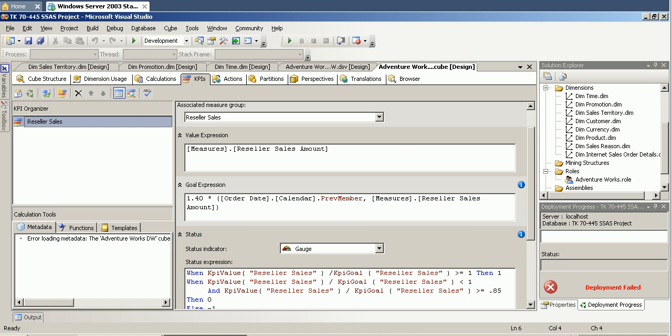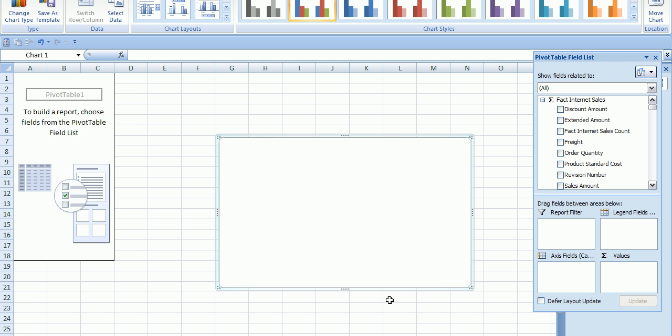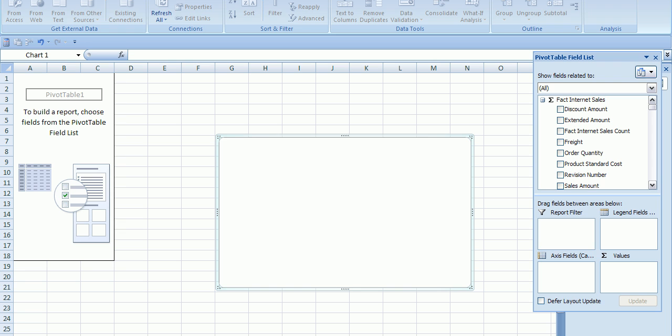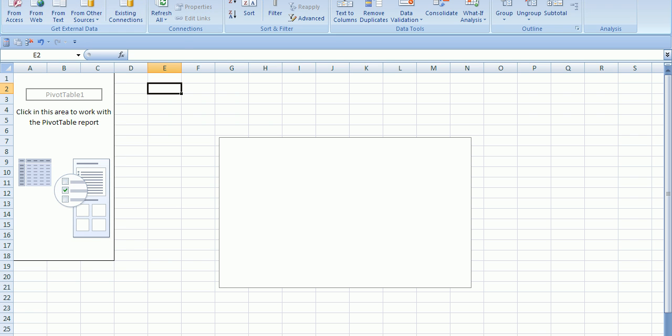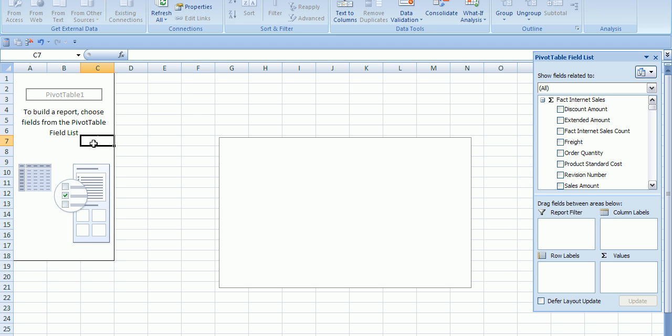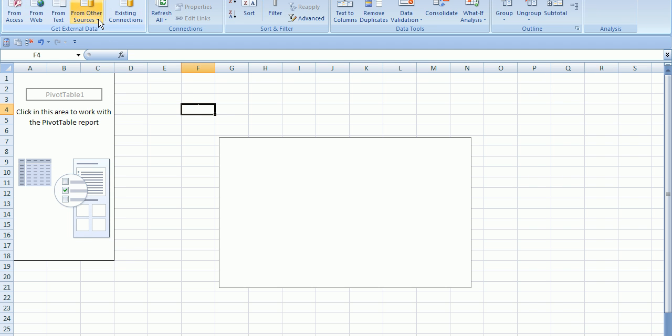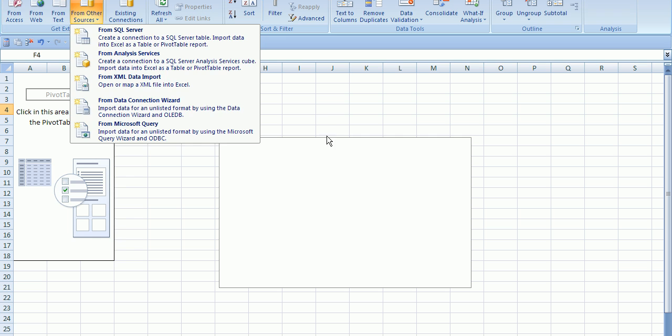A cube can be accessed through Excel by authorized permission. I have already designed this. I'll show this to you again. I went down to Excel 2007, and then came down to the data pane, and to be able to access this cube I opted to have data coming to Excel from Analysis Services,